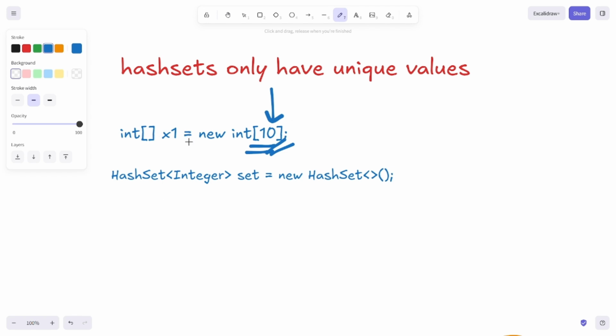However, in a hash set, this does not occur. If you look at this, this is how you declare a hash set. I underlined it in blue, but we already used blue, so let's use something like green. So this is how you declare a hash set. As you see in this underline, there is no size in our hash set. So basically, what we do is